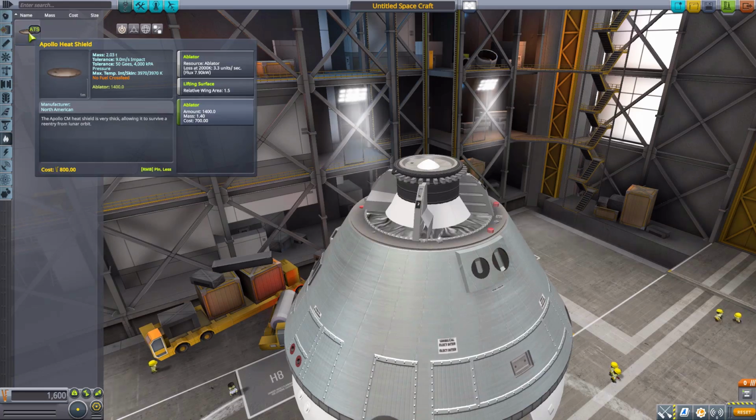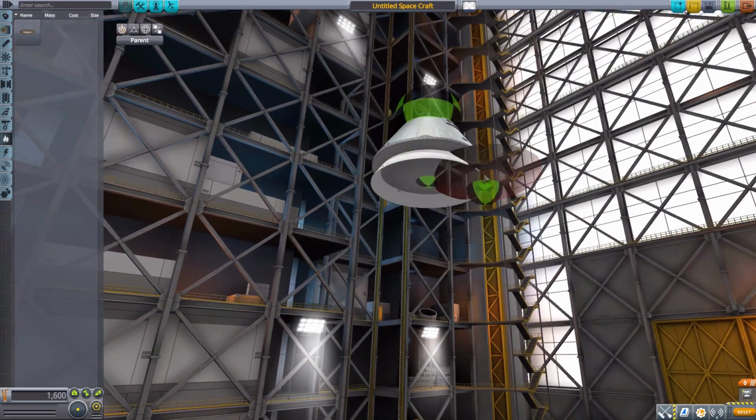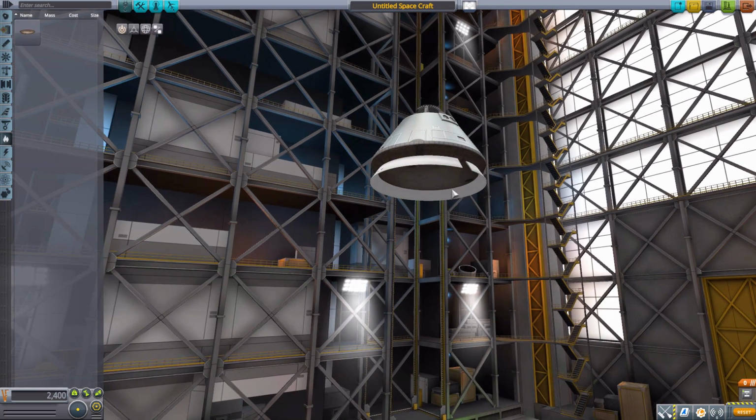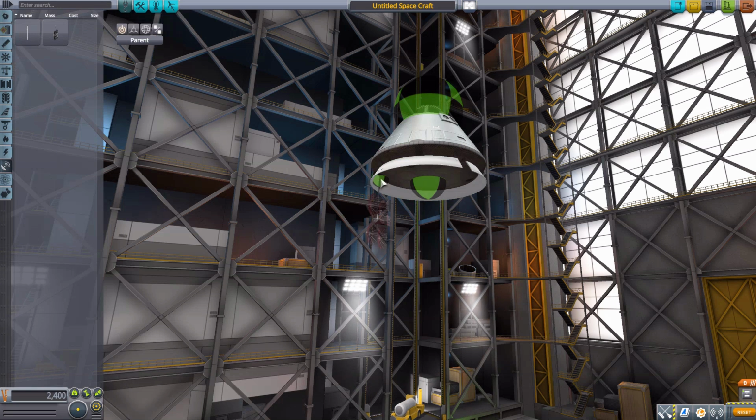Now in thermal, we do have the heat shield for the Apollo craft, which, considering my horrible placement of that one thing, oh no, it still goes. There we are. Lovely. Heat shield. We then, in electrical, got nothing. Communication, we have the Apollo high gain antennae,